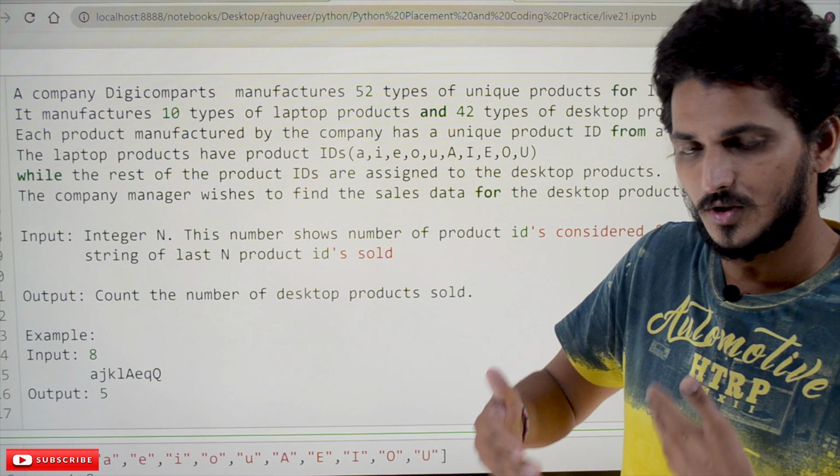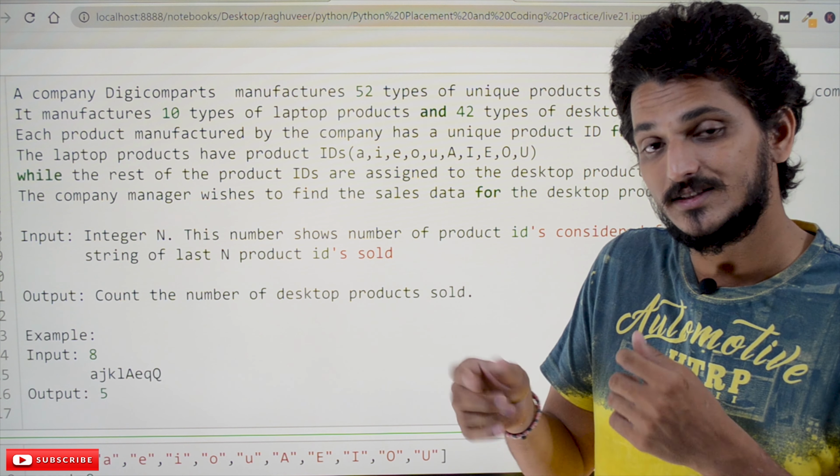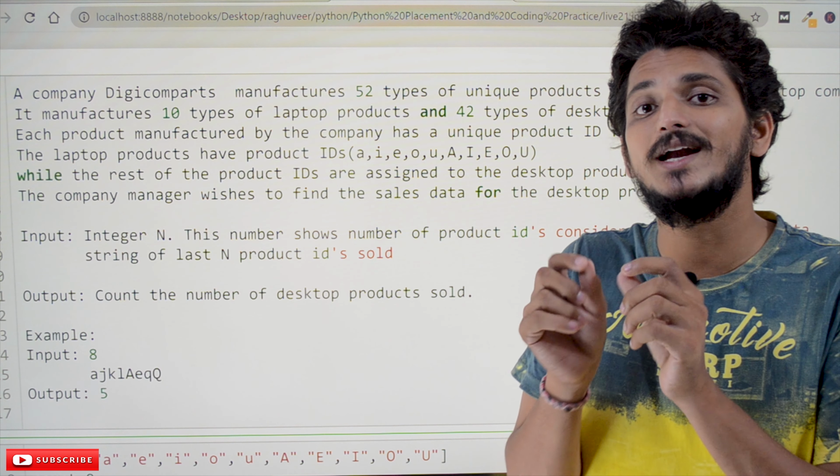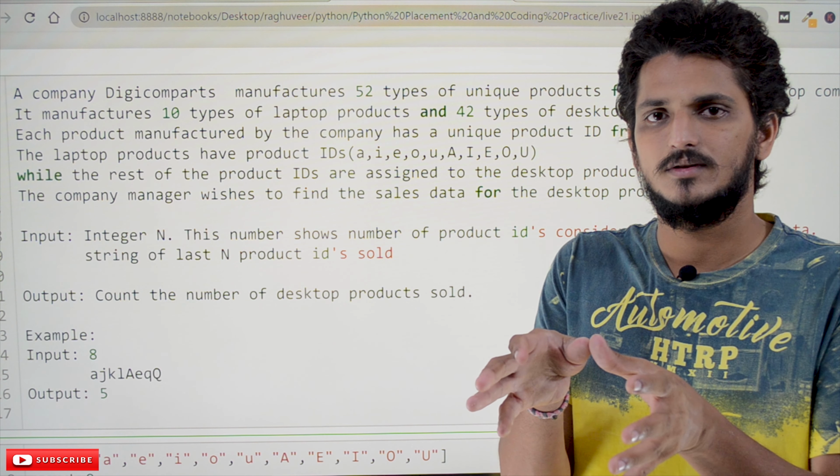So the last n products that are sold are provided as a string. That is the question.